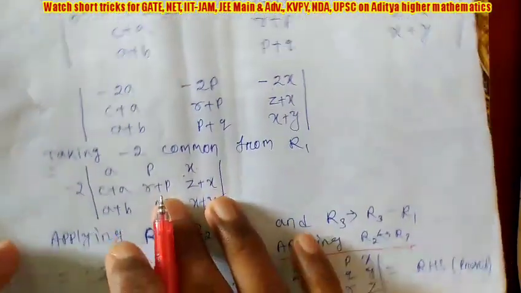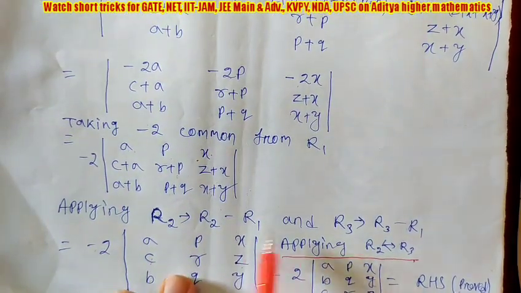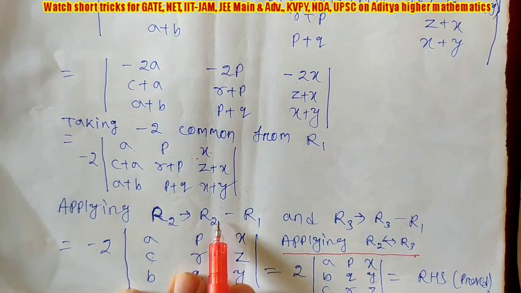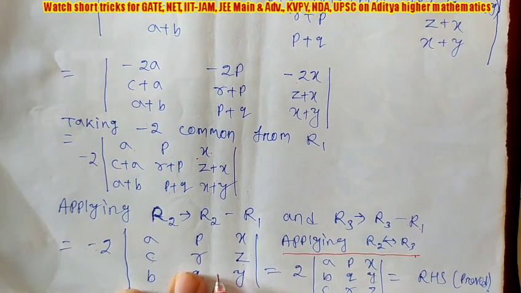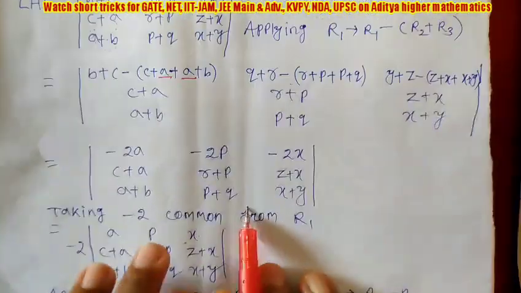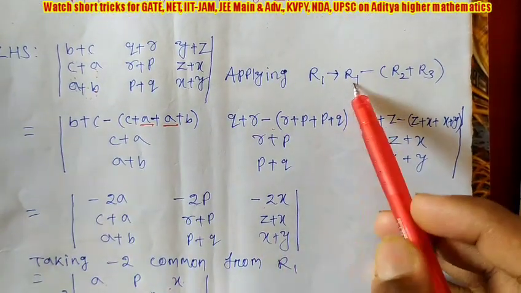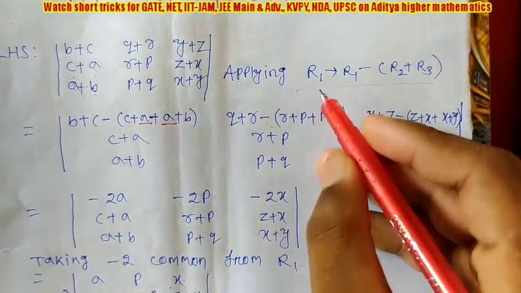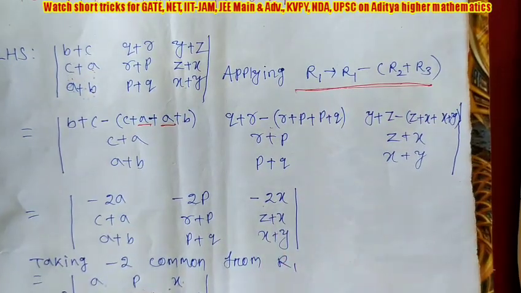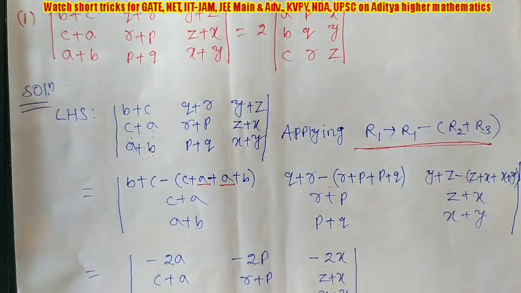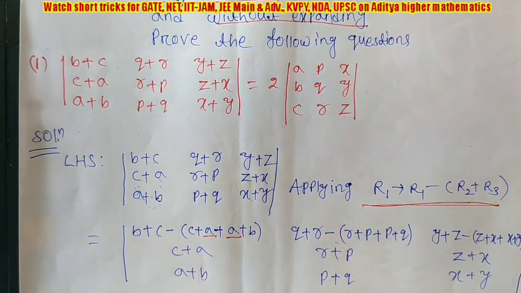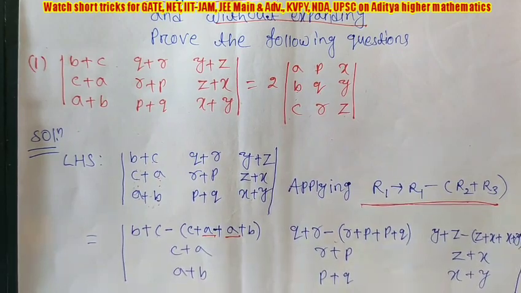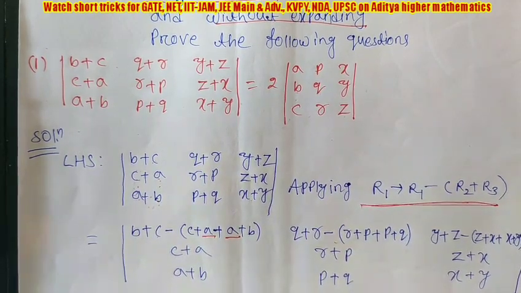Okay. Now you can see only I have done two steps. The main step is R2 minus R1 and R3 minus R1. That interchange anybody can think. There is nothing difficult. And the first step is R1 minus R2 plus R3. So these two steps. So such type of difficult questions we are proving in two steps. Okay. So similarly 5 questions I will solve. So don't skip, watch solution of all these 5 questions.